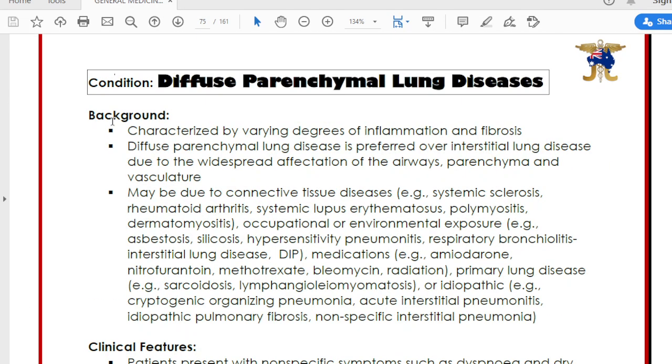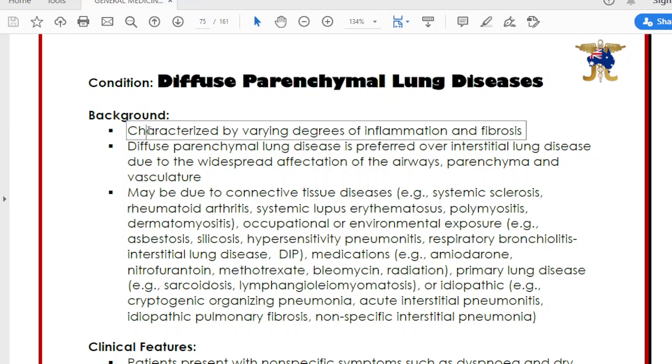Condition: diffuse parenchymal lung diseases. Background: characterized by varying degrees of inflammation and fibrosis. Diffuse parenchymal lung disease is preferred over interstitial lung disease due to the widespread affectation of the airways, parenchyma, and